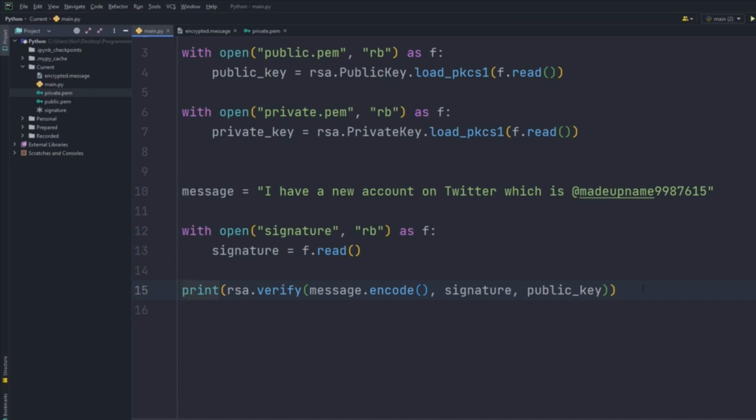So this is how you do that. This is how you guarantee that something is authentic. So those are the use cases. You encrypt with a public key for confidentiality, you decrypt with a private key to receive the message, or you sign with a private key for authenticity and integrity, and you can verify that with a